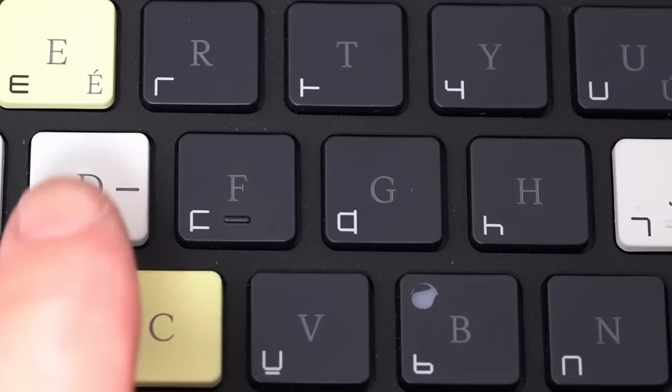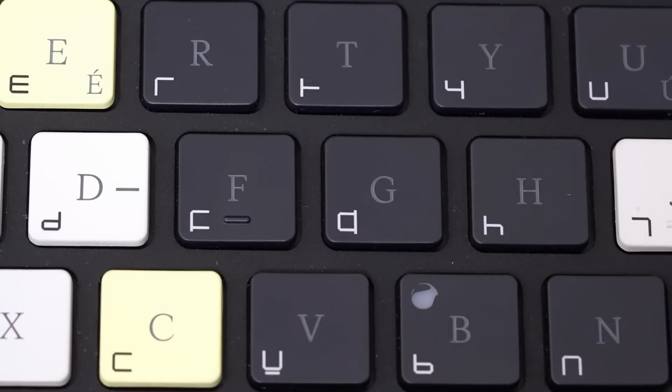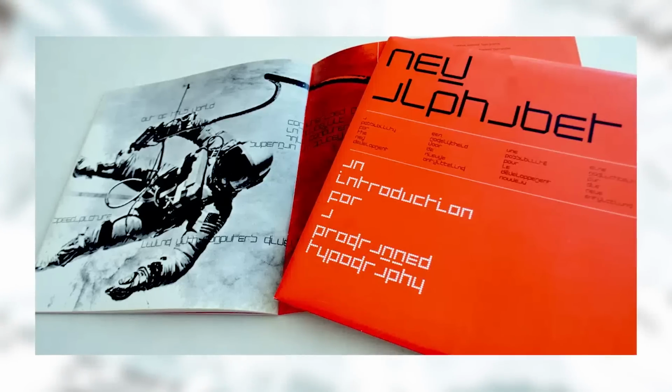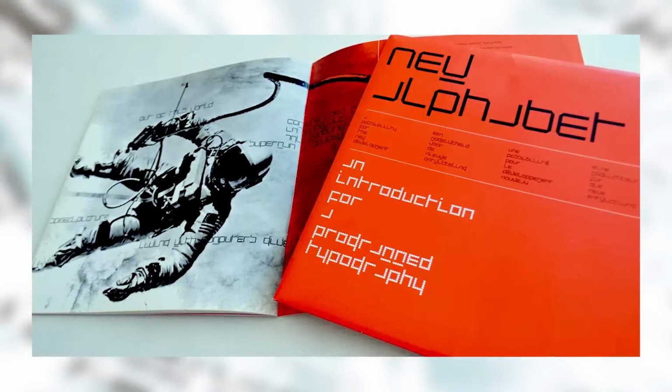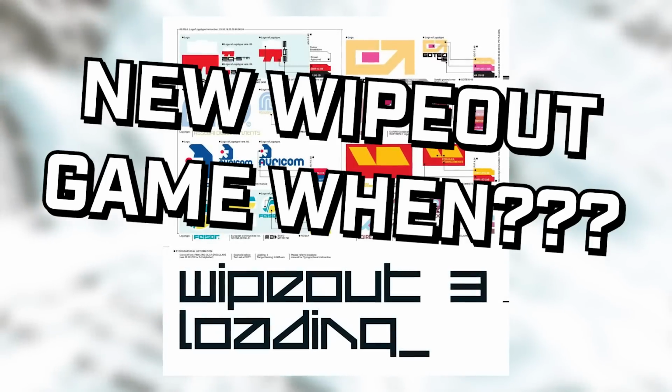I do want to draw attention to the additional font on here used throughout as well. This is Raf's update to a font called New Alphabet, created in the late 60s as a revolutionary and controversial concept for an alternative lettering system with no diagonals to be more legible on early CRT screens. There's a surface level connection to retro futuristic style and pre-digital tech,